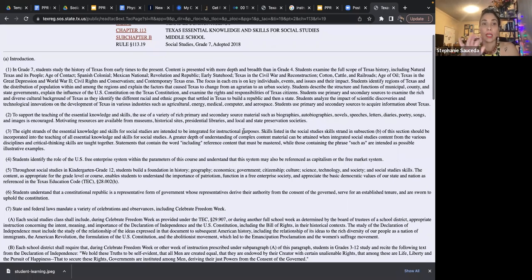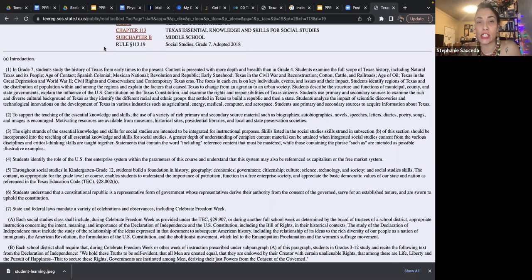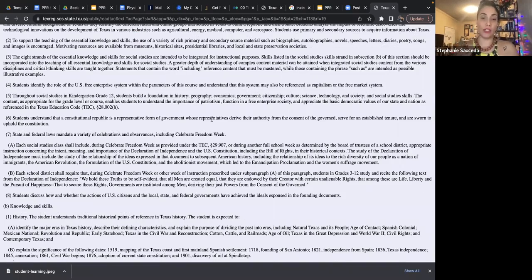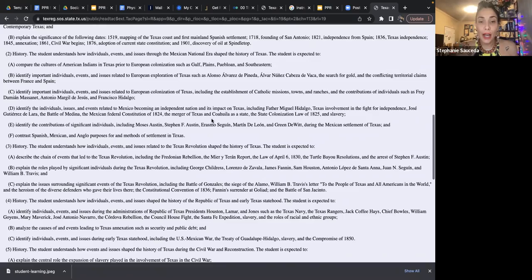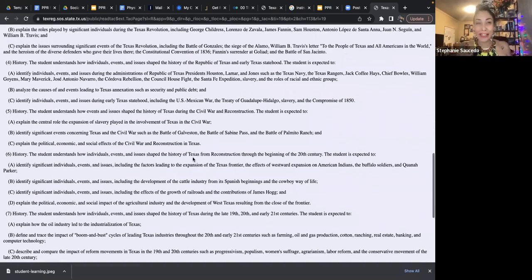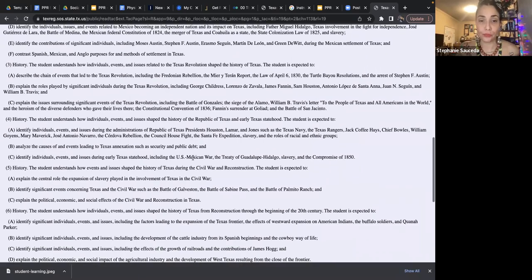So when you look through these, print them out. This is the view online, and I just like looking at it this way because it's the way I always looked at it, and the other way's new. I'm not trying to be one of those old ladies who can't get the new way, but I'm not going to print it out. And this is only 7th grade, and the other one has all of middle school in one document.